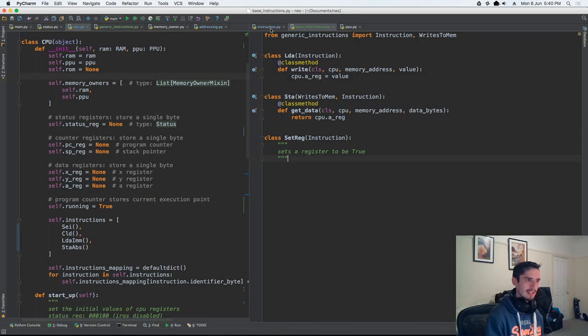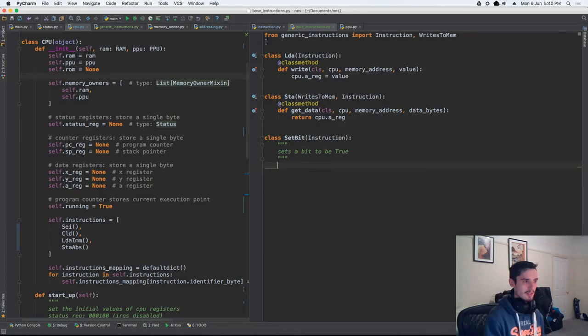Now, actually, it might not even be a register. It's going to be setting a bit to be true, because you're actually setting a single bit out of a register. Yeah, so it's going to be setting a bit in a register to be true. And then we're going to have a clear bit or something. But for now,